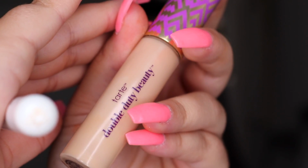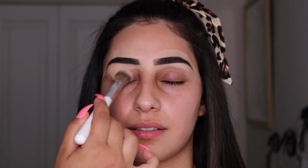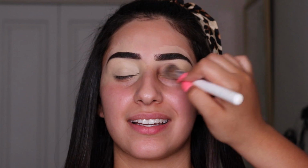Next, I'm going to be prepping her lids with the Tarte Shape Tape. I recently just started trying out this concealer and I love it. I thought maybe people have just overhyped it, but it actually is really, really good. And I do like it as an eyeshadow primer because it is so full coverage. So yeah, I'm just going in with the